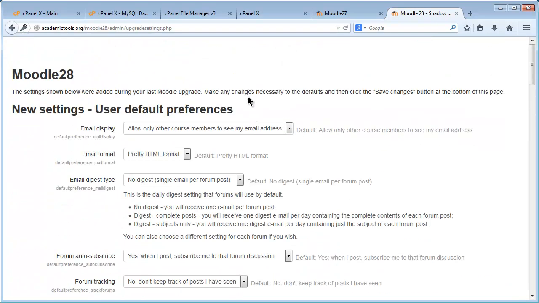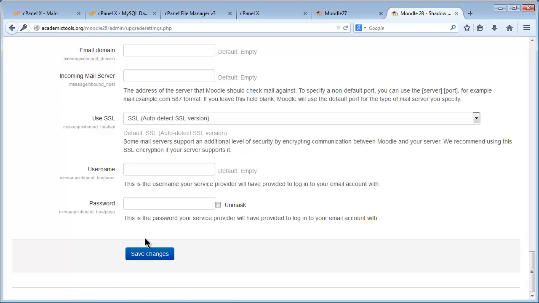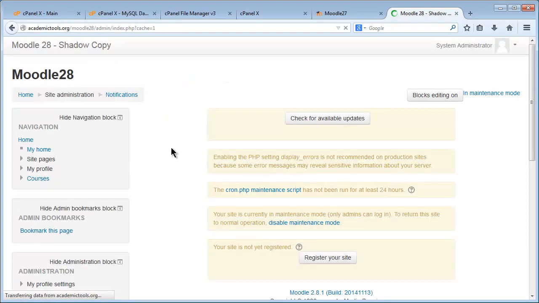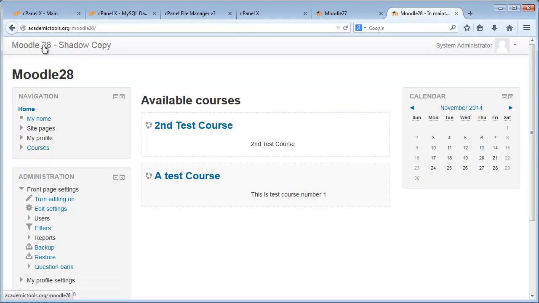And any new settings that came with a new version of Moodle, you have to set these up. I'm going to just skip that, save changes. And now my shadow copy that was on Moodle 2.7 is now upgraded to 2.8. And that's about it. Wasn't a difficult task, or was it? Anyway,